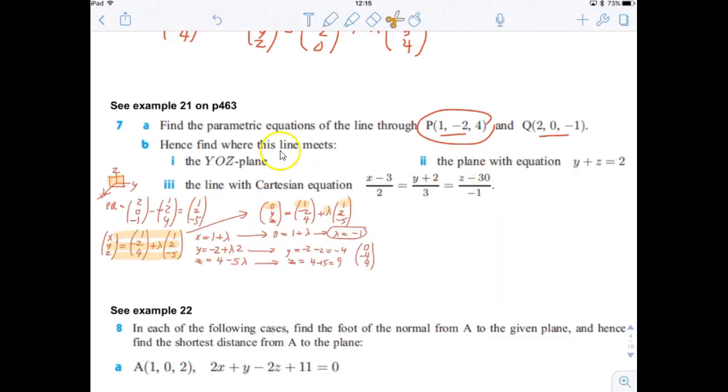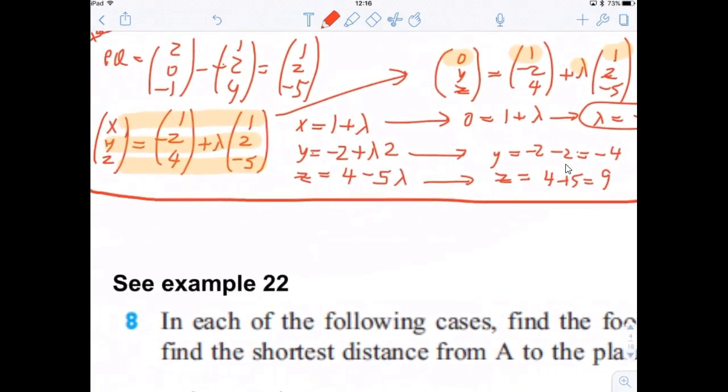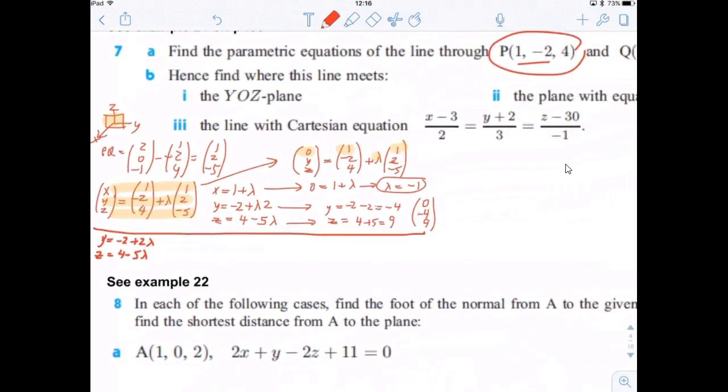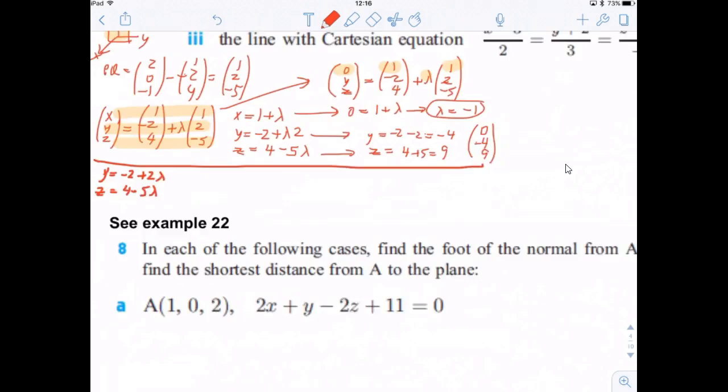Let's do number 2 here. It says, when does this line meet the plane with the equation y plus z equals 2? If y plus z equals 2, that gives us a clue that we're going to use the other two parametric equations. I need a little more space, so I cramped everything into the side here. We're going to take the second two parametric equations, y equals -2 plus 2 lambda, and z equals 4 minus 5 lambda, and then also use the equation y plus z equals 2